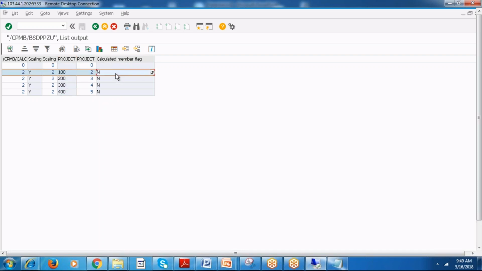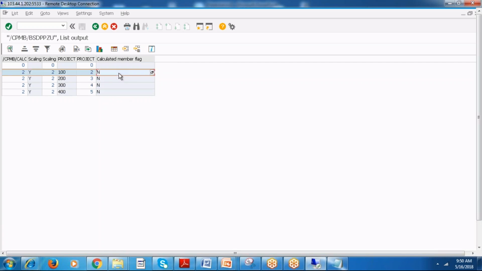So what is defined here? 100, 200, 300, 400 are my members: Andhra Pradesh, Karnataka, Telangana, and Maharashtra. Who has given the N against the calculated property, this calci property, the hidden property? Did I mention the N?